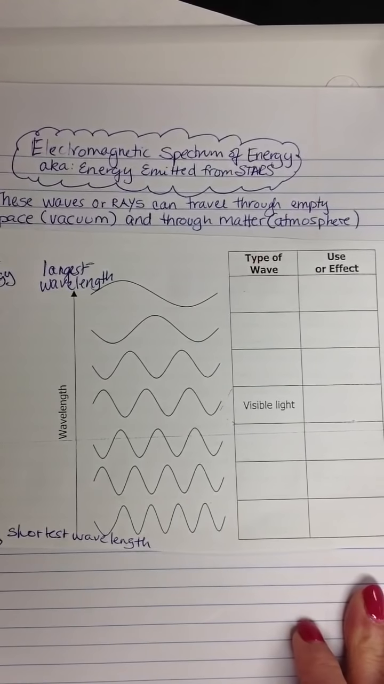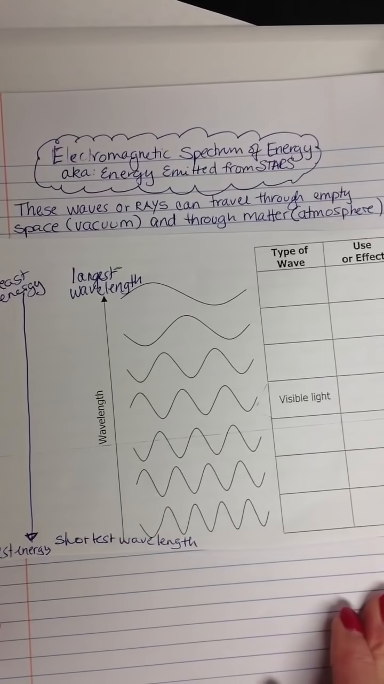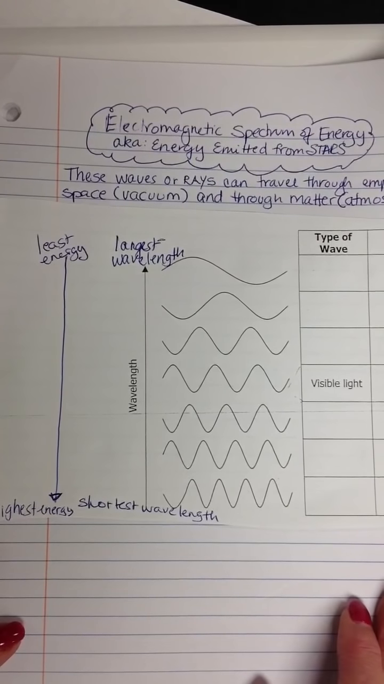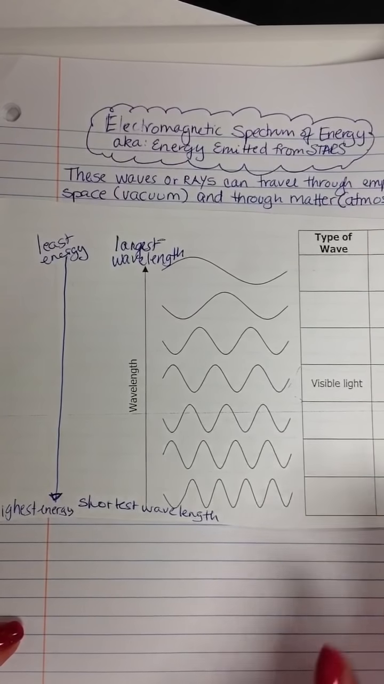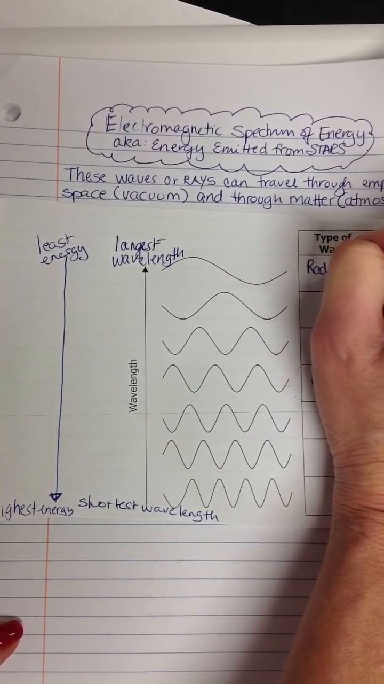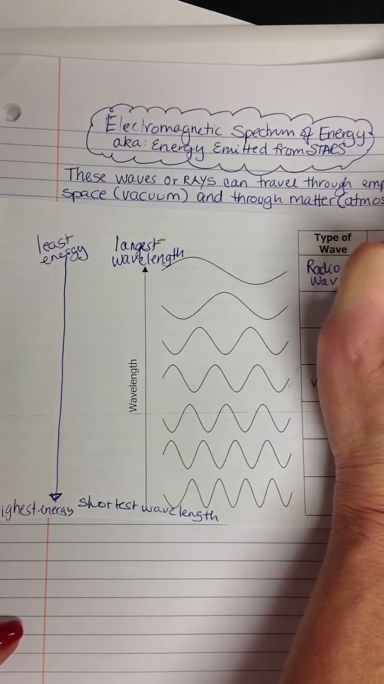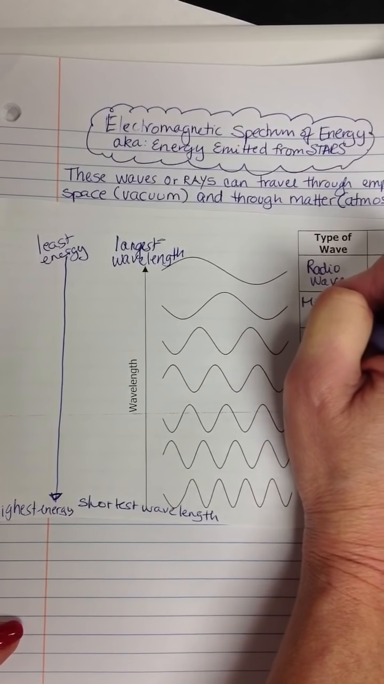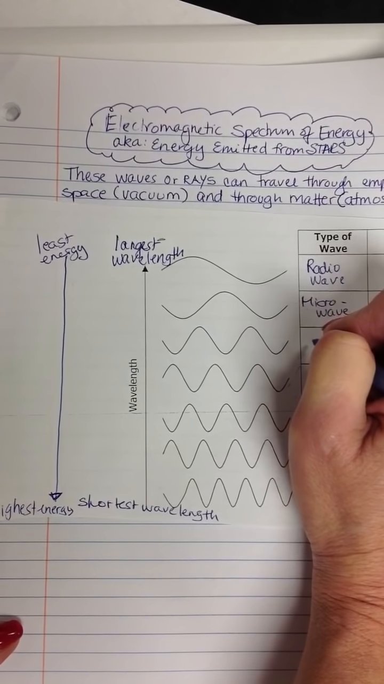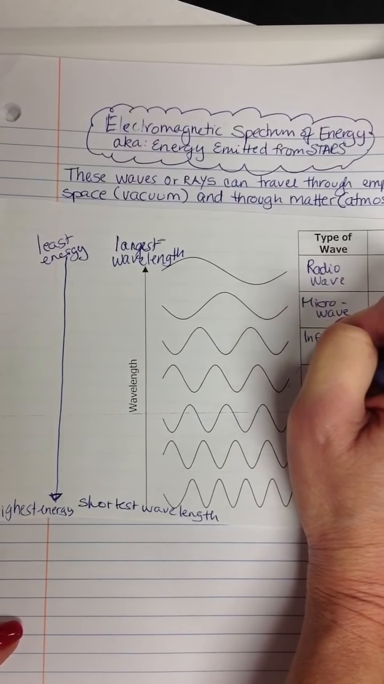Okay. So let's just start, and if you couldn't see that, I'm sorry. Let's start labeling them in order from least amount of energy or the longest wavelength to the greatest amount of energy or the shortest wavelength. First thing we have is the radio wave, then microwave, then we have infrared